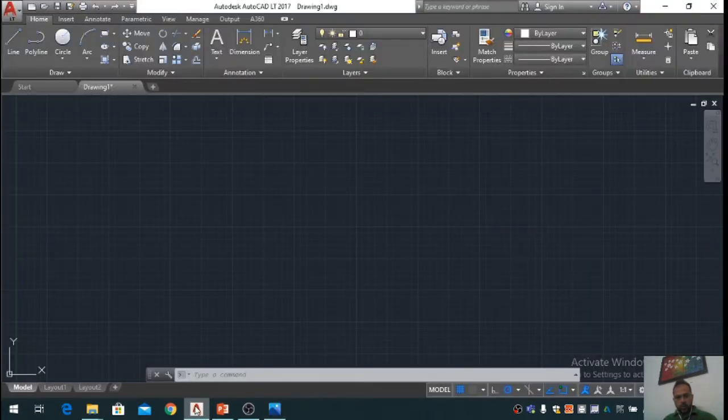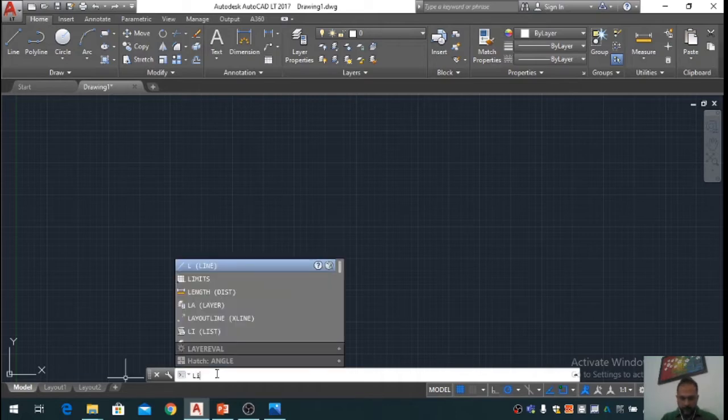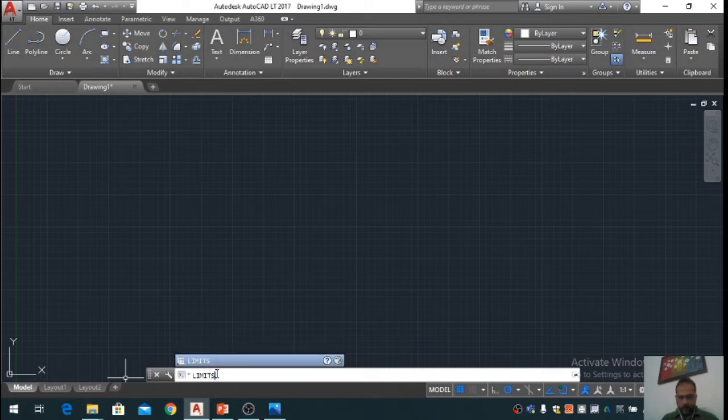So we will go to this AutoCAD editor. As I have told you many times in class also, whenever you are drawing a figure in AutoCAD, try to focus on the command line and what it is saying. And as we always do, we first set the limits of the figure that we are drawing. So first we will type limits, enter. It is saying specify the lower left corner. We will say it is 0,0, and we will keep it like that.